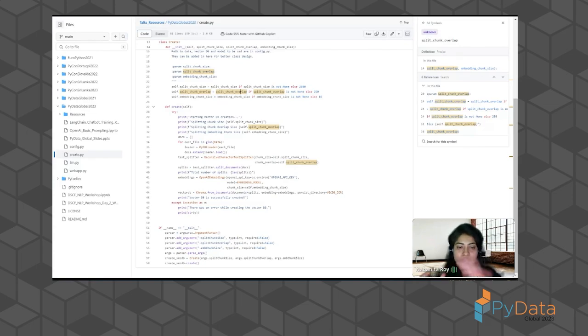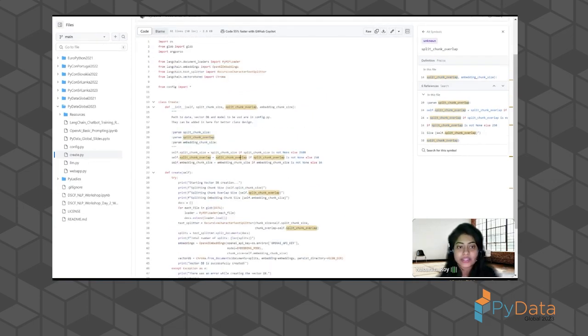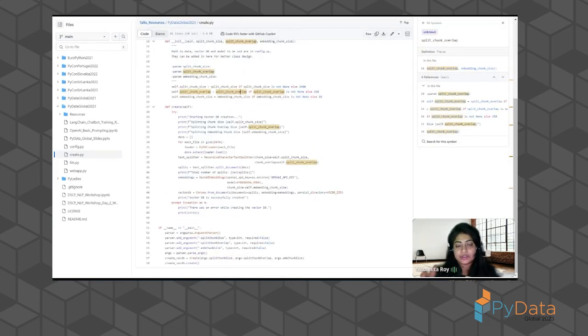You can also extend this to choose the kind of model that you want for your embeddings, and also set which directory, what path you want to use, what the document paths are, all those things. All I've done here is put that into a proper .py script that allows you to train your vector database separately.